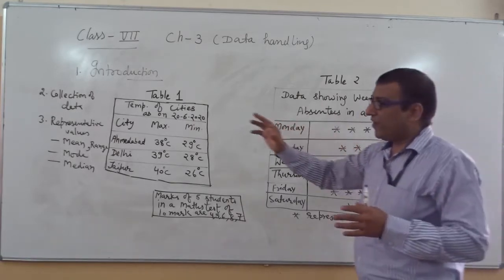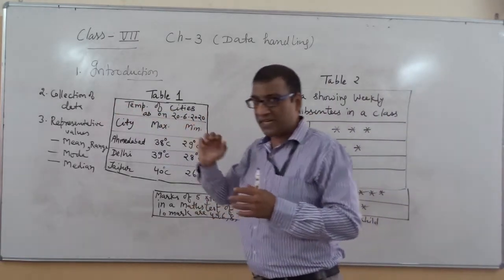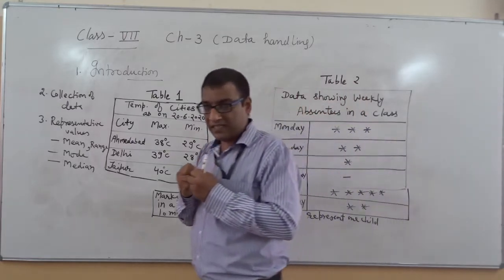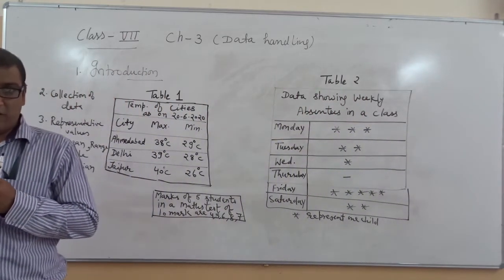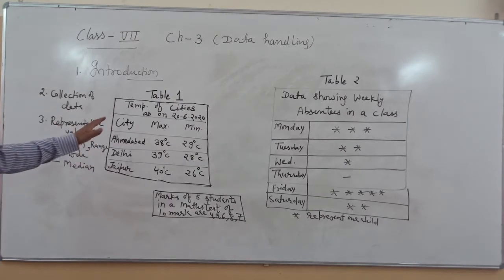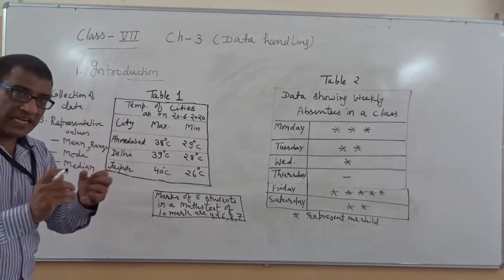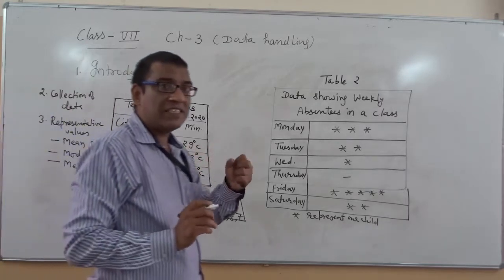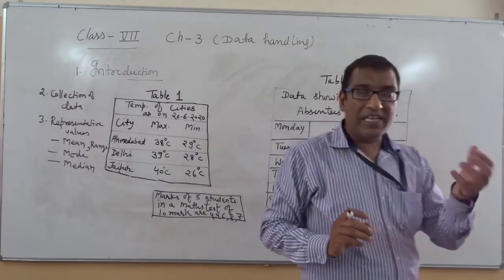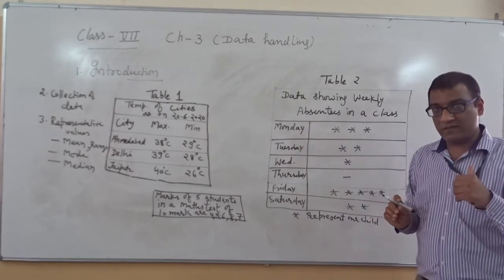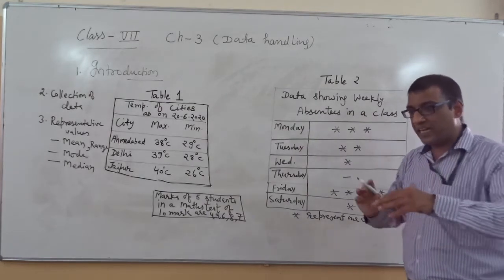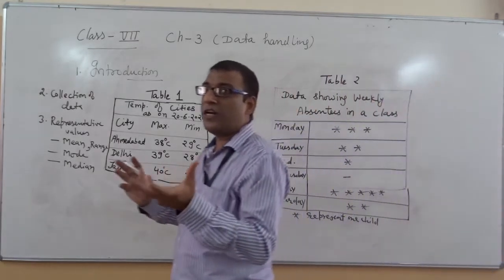If you see, one more point is there, that is collection of data. How can we collect the data? Okay, so if you see in this table, it is in a very systematic manner. First we will collect the data and then we will arrange the data. How can we arrange the data? It depends on us. We arrange the data in ascending order or descending order.